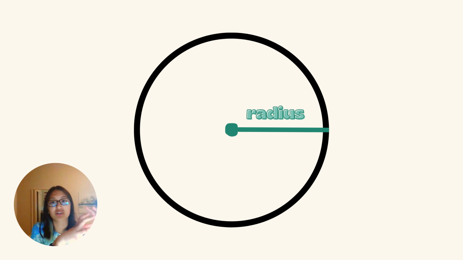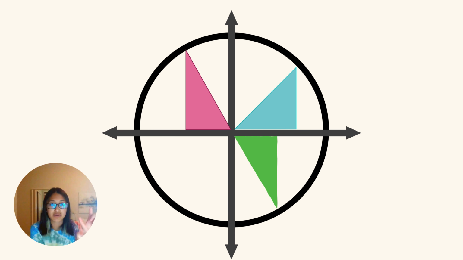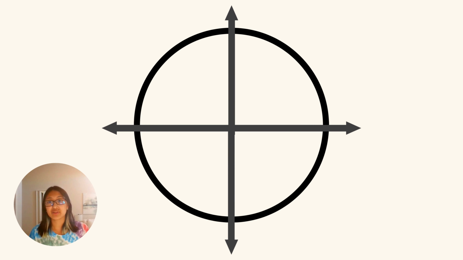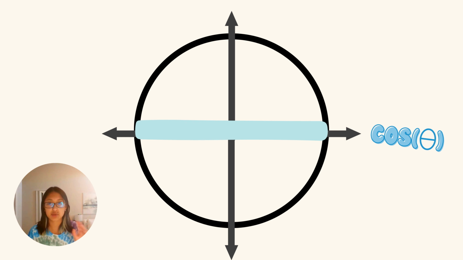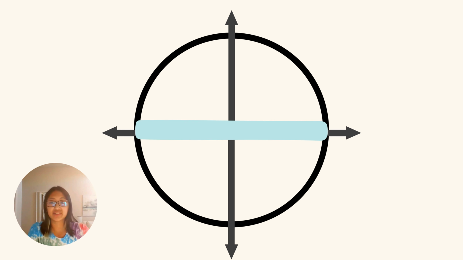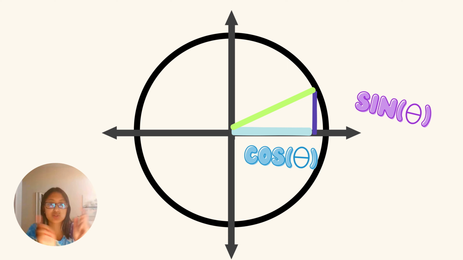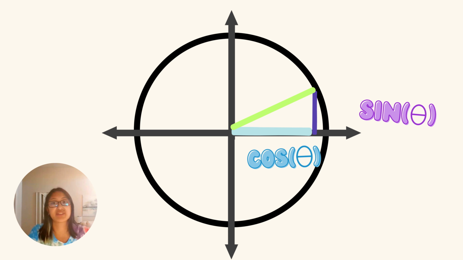Within a unit circle, the radius is going to be 1, and this allows us to put in a bunch of different right triangles in order to look at the relationship of sine, cosine, and tangents. In a unit circle, we can let the values of the x-axis be equal to cosine theta. Similarly, the y-axis will be representative of sine theta, and the longer that cosine theta is, the shorter sine theta will be, and vice versa.